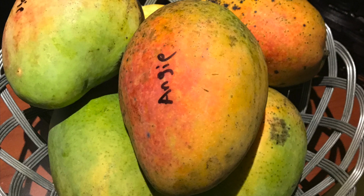Pick the mango from the tree and the mango down to me. Put the mango in a sack. Put the sack up